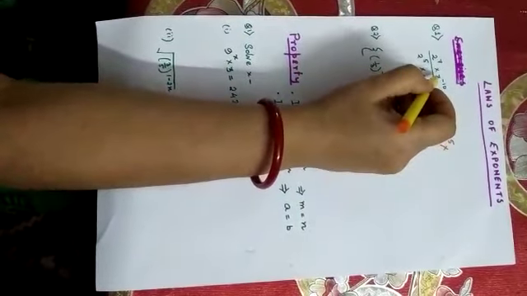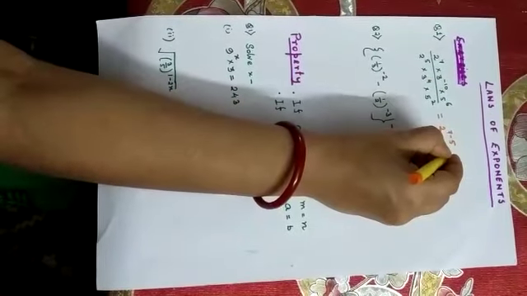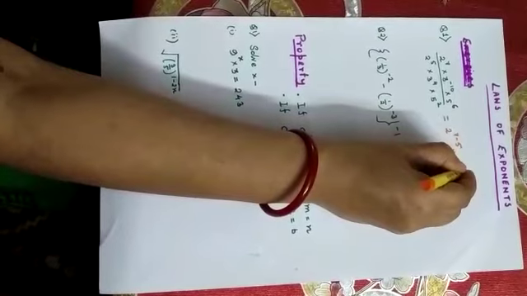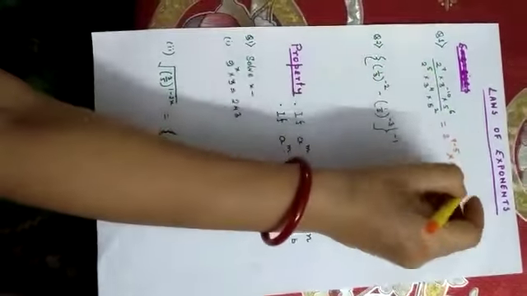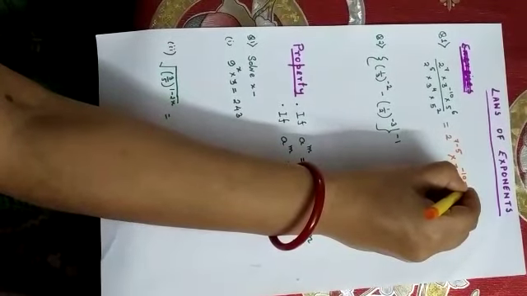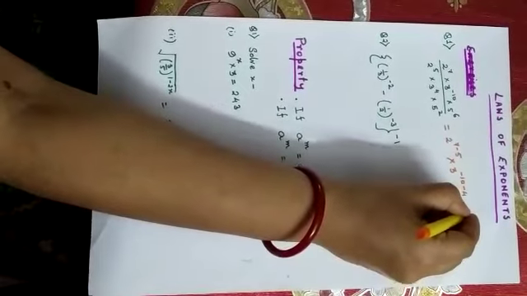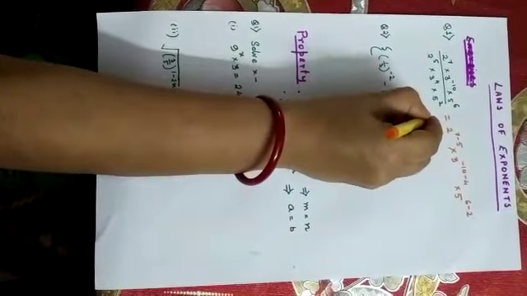into 3 to the power minus 10, 3 to the power 4. Same thing here. Base is 3. Powers are different. Since there is a division sign, powers get subtracted. And same for the base 5. 6 minus 2. So what is the answer?